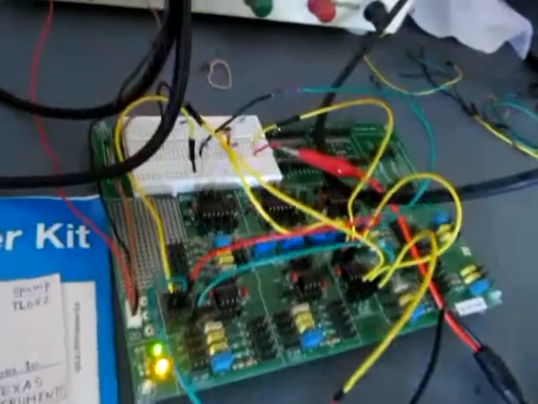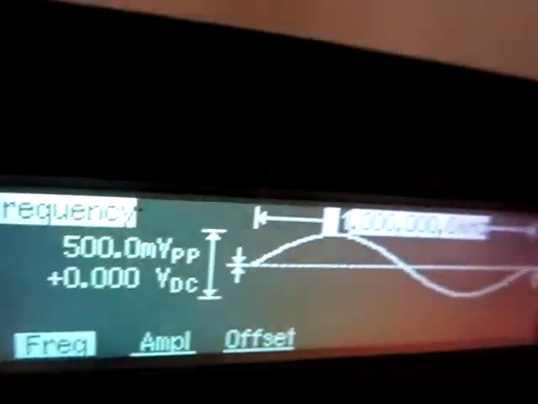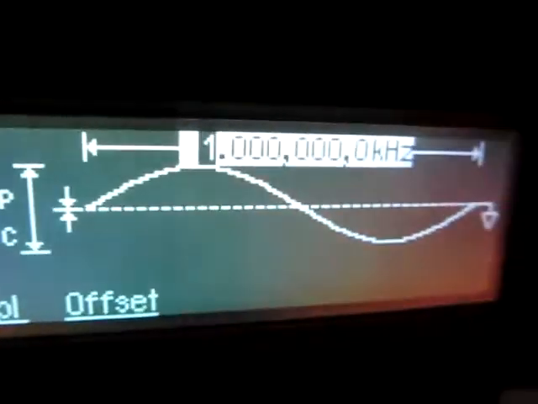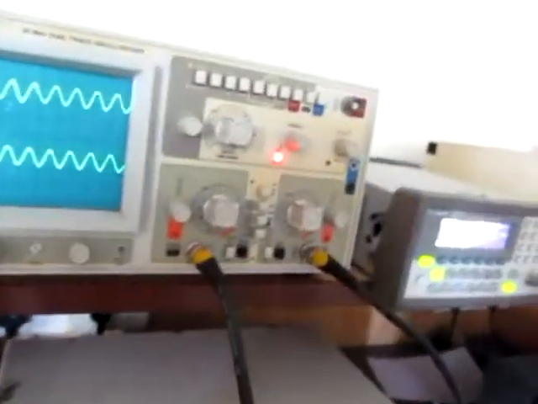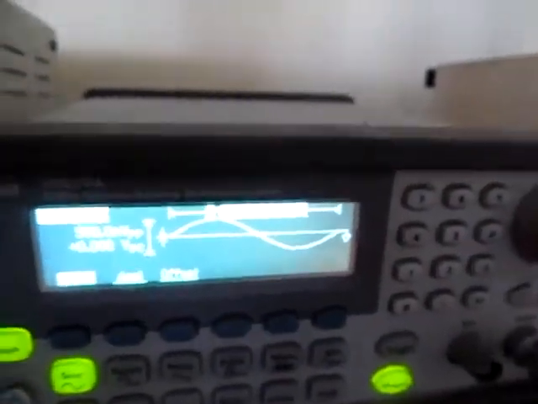For the first part of our experiment, we will be providing a sinusoidal input voltage of 500 millivolt peak to peak. For higher peak to peak voltage, we observe that the output suffers from distortion and saturation. Thus, we will keep this maximum peak to peak voltage constant. Now, keeping the input voltage constant, we will vary the frequency from 1 kHz to 1 MHz. For every frequency, we will observe the magnitude of output voltage and the phase difference between output and input.